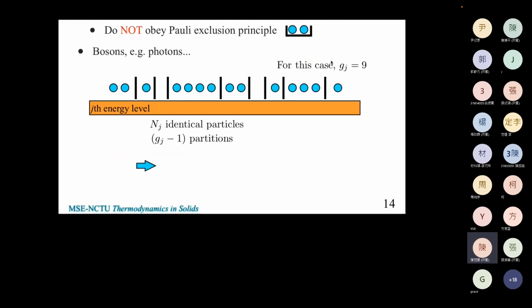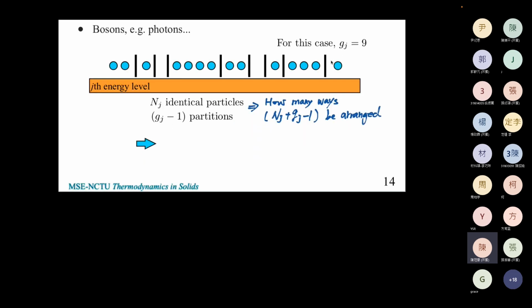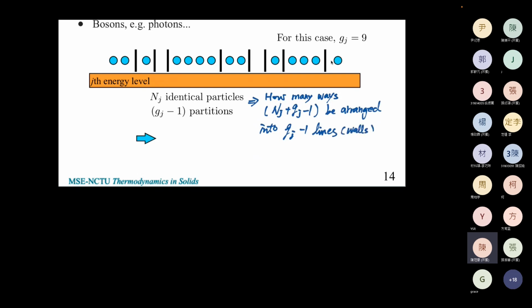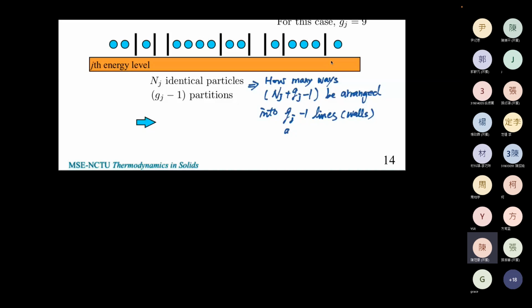So we can regard this question as: how many ways can you have NJ plus GJ minus 1 things be arranged into GJ minus 1 lines or walls or partitions, and NJ particles. Okay,